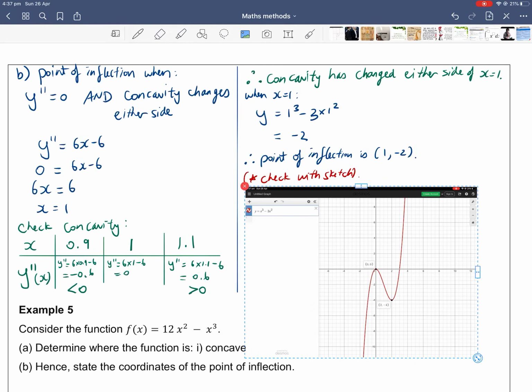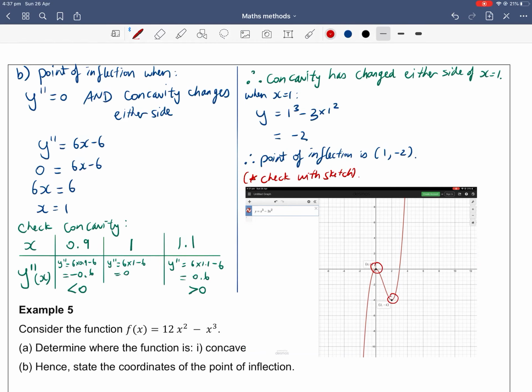That's alright. So you'll see here we've got 2 stationary points here and here, right? At x equals 1, that's down here, this is the point of inflection because this is concave down at that maximum sad face turning point, whereas over here we've got a happy face minimum turning point, and then the point where our concavity changes, that is our point of inflection. That's what part B was talking about. So we were trying to solve for this point of inflection where the rate of change of the gradient, right,